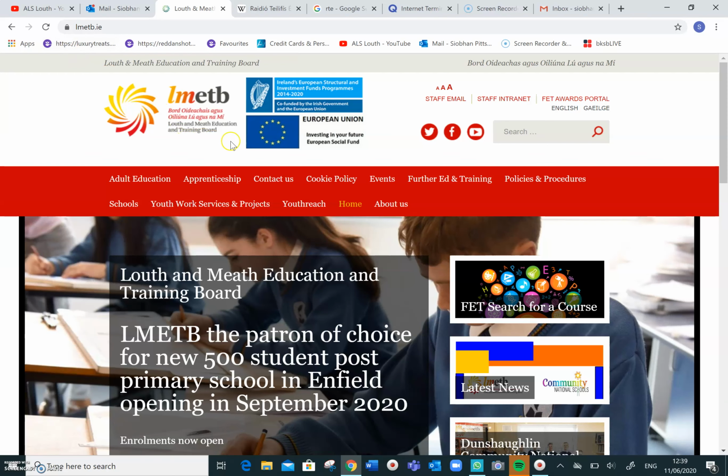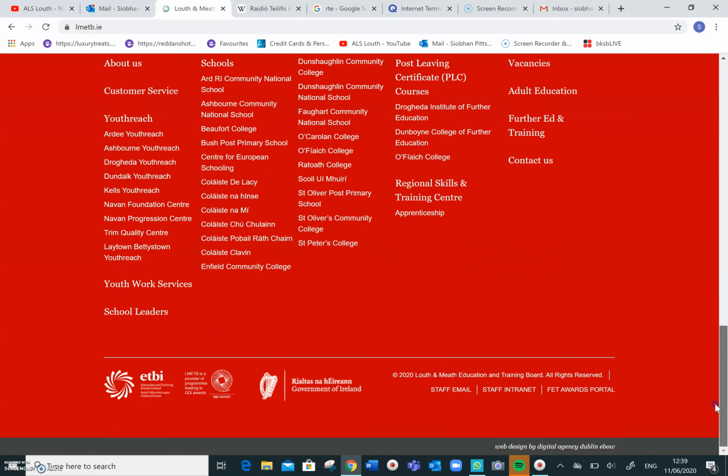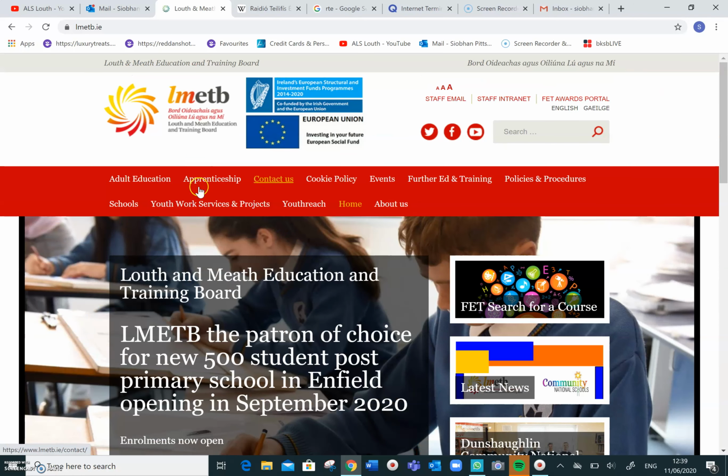Okay, so I'm just going to show you here. I want to find out the contact details for someone in LMETB, or I want to contact LMETB and I want their phone number. Quite often that information can be found at the bottom of a web page. So here you can see contact us. But if I scroll back up to the top here, I'm just going to show you, it's also along these links here. So if I go to the contact us section,